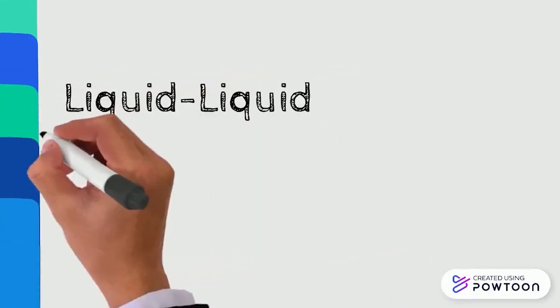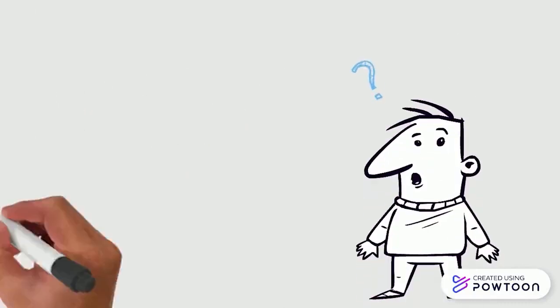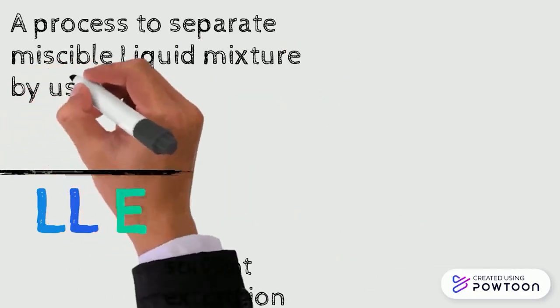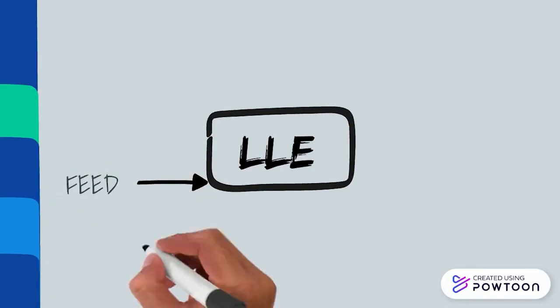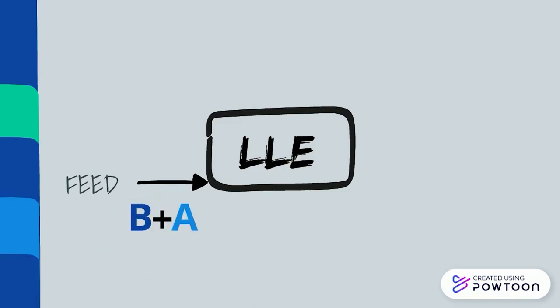Liquid extraction, also known as solvent extraction, is a process to separate miscible liquid mixture by using another immiscible liquid, which is called solvent. In other words, if we have a liquid mixture consisting of two components, A, which is the solute, and B, which is the carrier liquid, and we want to either extract component A and use it in another process, or if we want to reduce the amount or the concentration of A in the feed, we simply add a liquid solvent